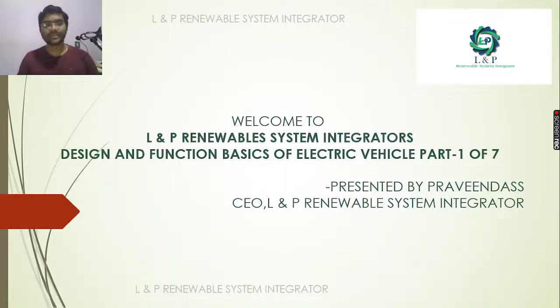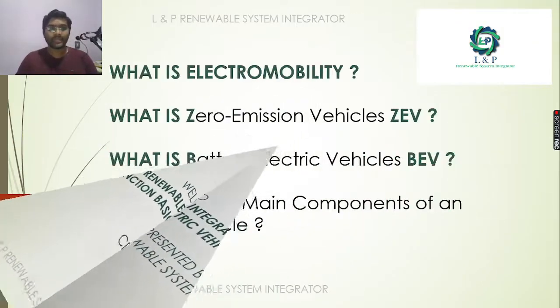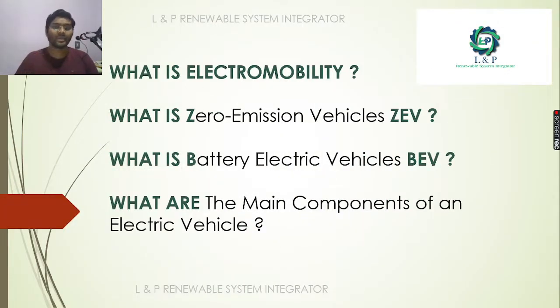Today we are going to see some of the basic designs of electrical vehicles. We have classified this session into 7 parts. First, let us see part 1 today. In this part 1, we are going to see 4 things: what is electromobility, what is a zero emission vehicle, what is a battery electric vehicle, and what are the main components